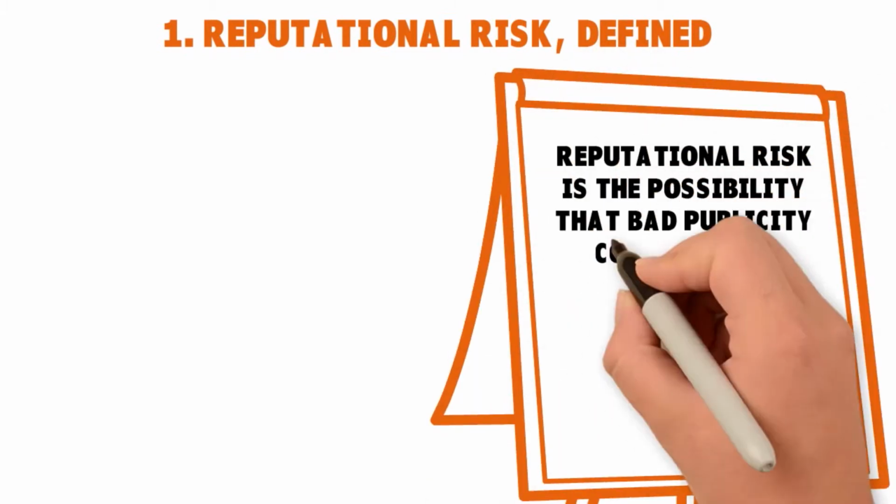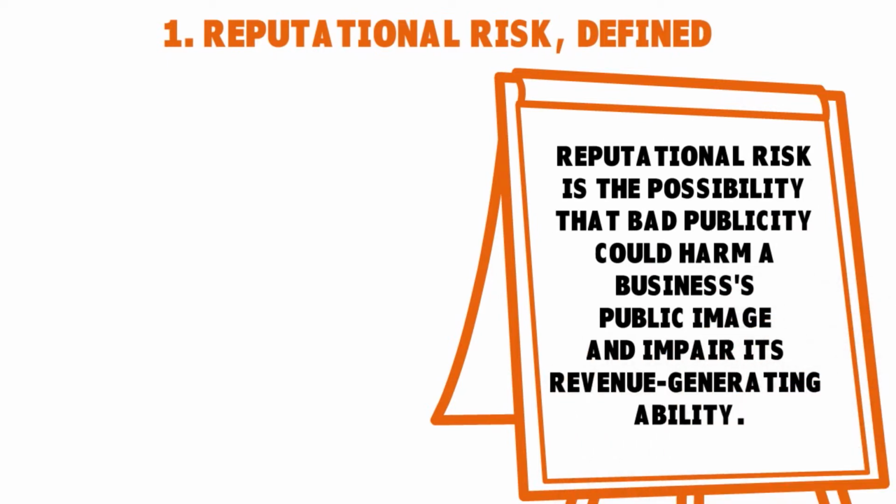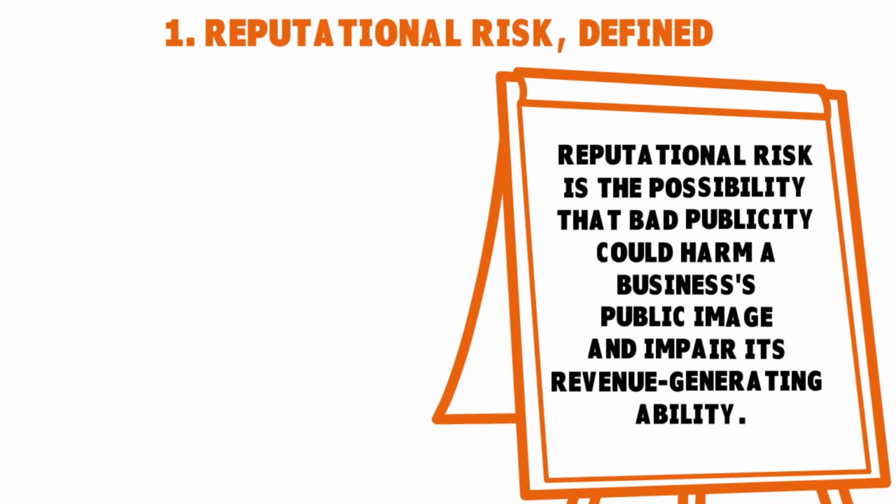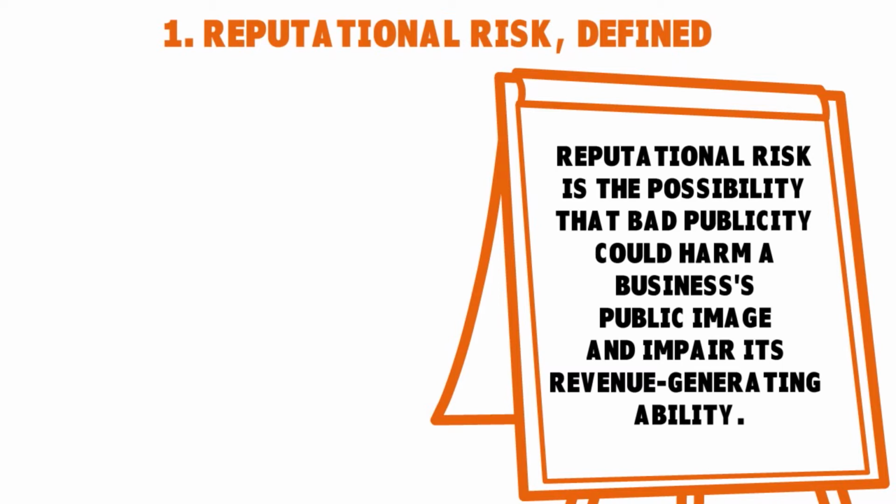Reputational risk is the possibility that bad publicity could harm a business's public image and impair its revenue generating ability. So you have two things here. The company might suffer detrimental publicity, and number two, it might see its revenue go down. A company's reputation is subjective and based on public perception. Again, especially in an era of social media, if you have a bad video around your company going viral, and that video is detrimental to you, is adverse to your interest, this could cause